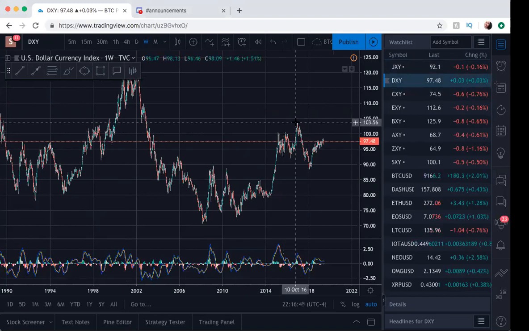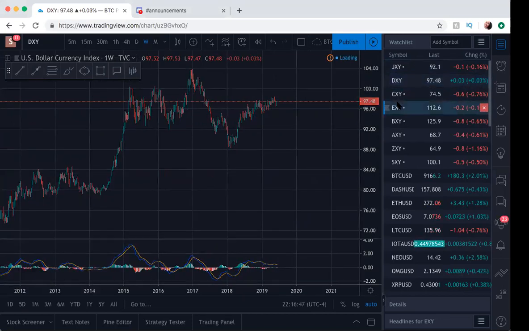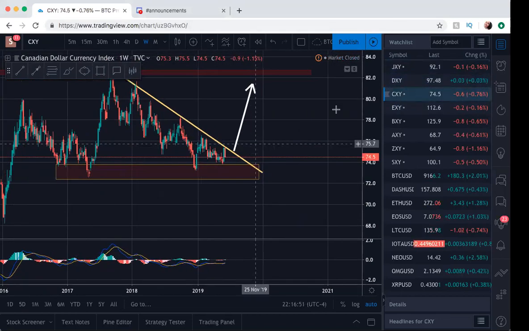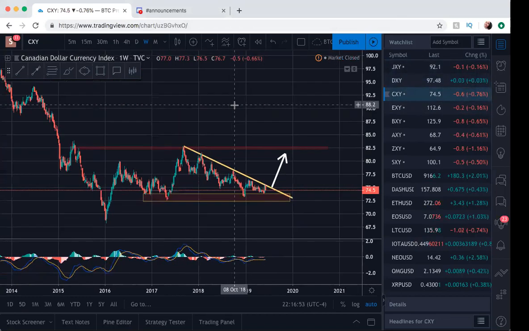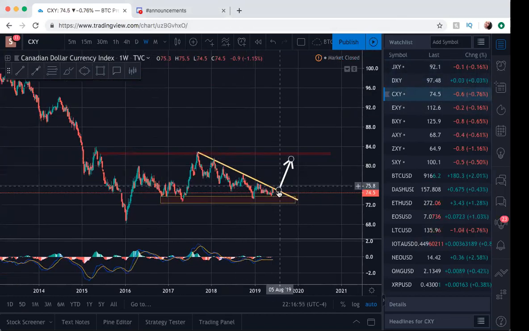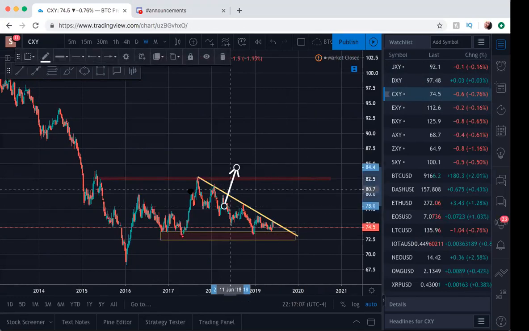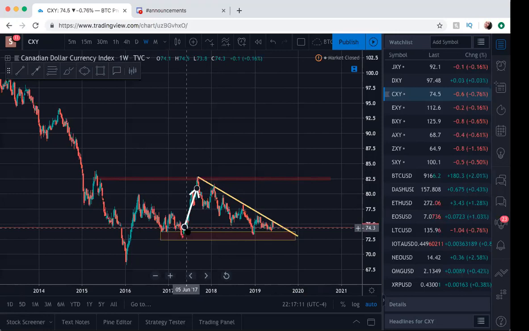And for example, I was looking at the CAD, and I'm expecting a big breakout out of here. I mean, this might take a month, 2 months to do, but I'm definitely expecting a big breakout coming out of this formation with a structured move that resembles this. So I'm looking for it to move